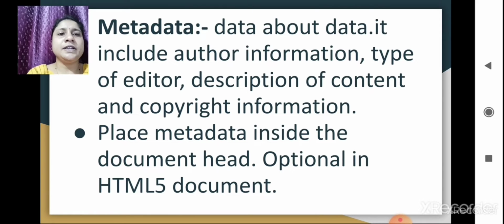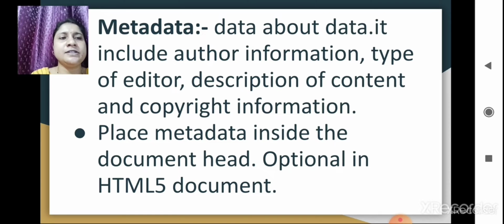When you write this metadata, it will not appear on the web page or the browser window. Metadata is placed inside the head, and it is optional for HTML.